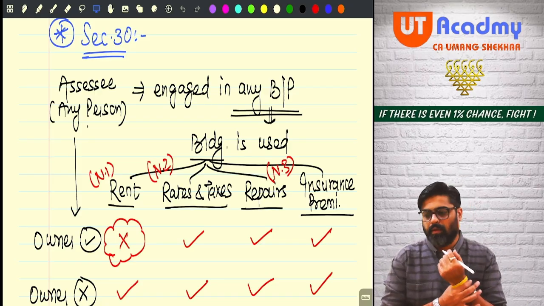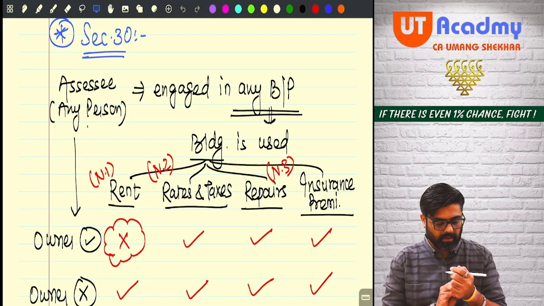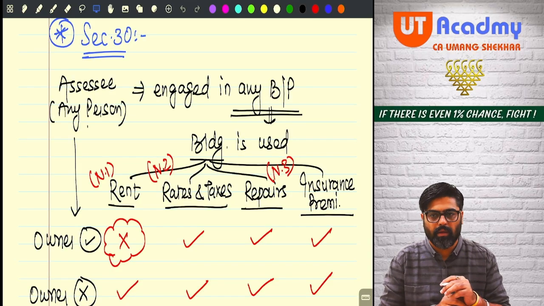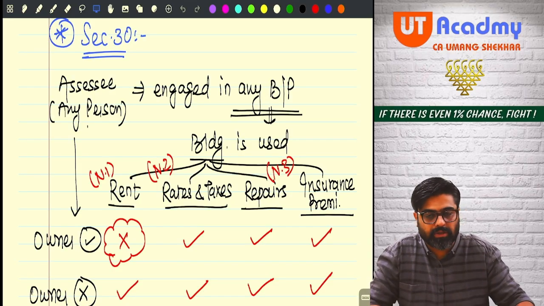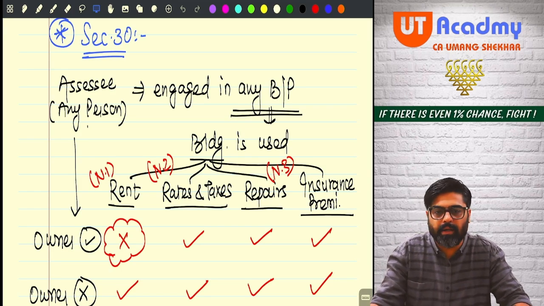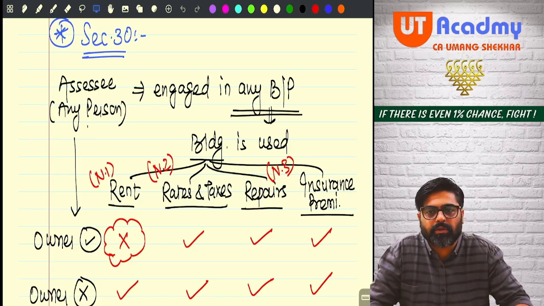Okay, so yesterday we completed the first part of the chapter, basics, and yesterday only we started with the second part, deductions available under the head PGBP. So in deductions, we did section 30 first. Section 30 says that if you are an assessee